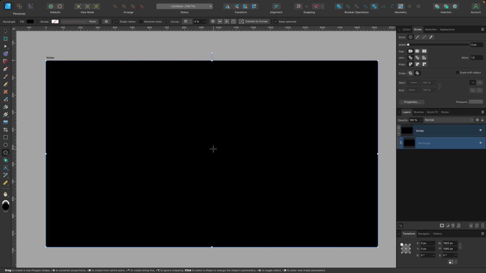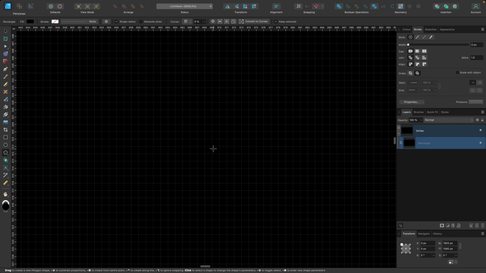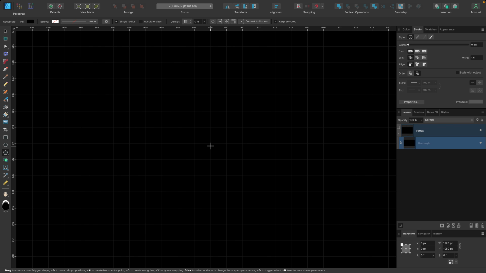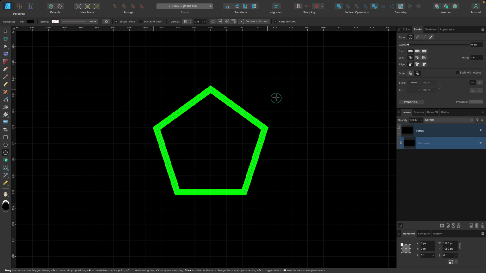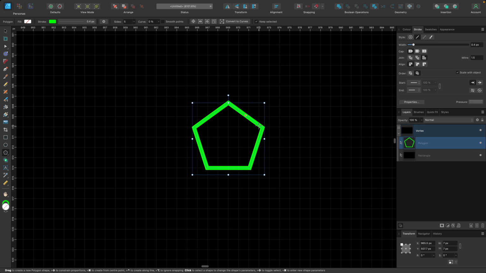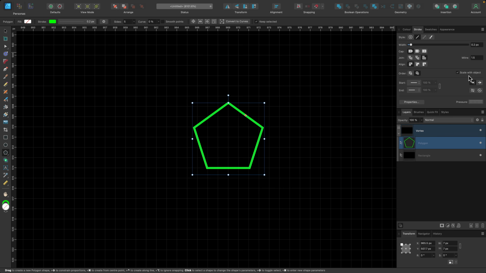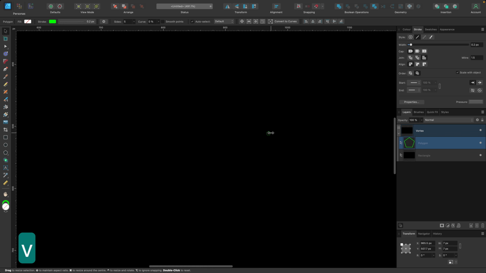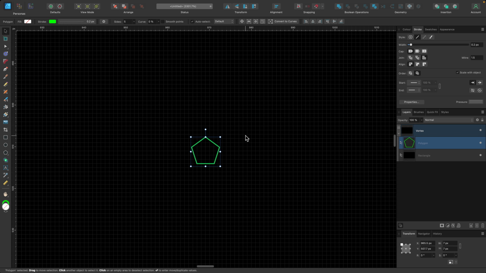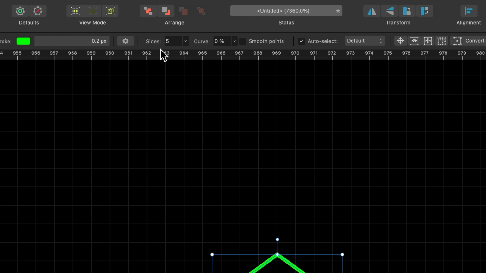Now I'm going to zoom into the center of the document just till I see the grids, because I'm going to start off really small, and then I'm going to click and drag out whilst holding Shift and Command somewhere like this. And I will probably make this a lot thinner, so I can use the width under the stroke tab and just drag it down to like 2. Scale with object is still on, by the way. And from this point, I'll just press V, the move tool, and I'm going to zoom out. And actually, I just wanted to tell you, if you wanted to test it with more sides than 5, you can go ahead and change it here.